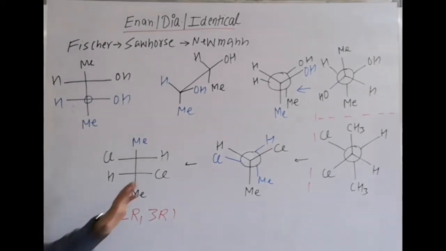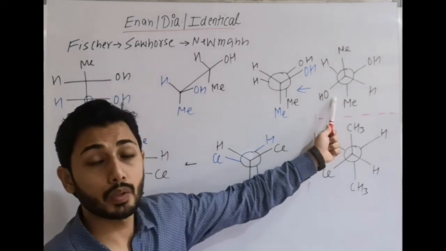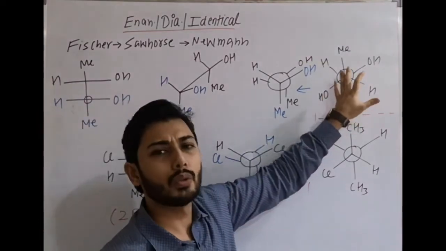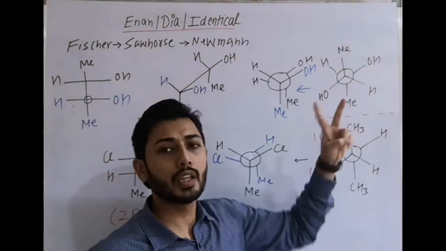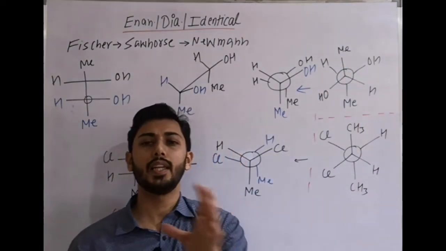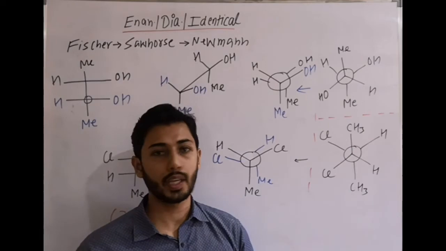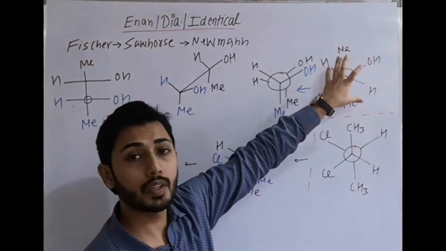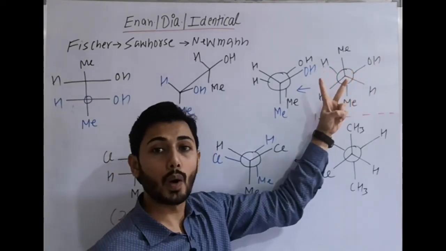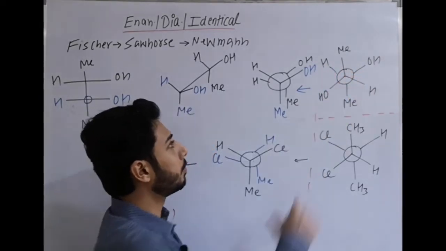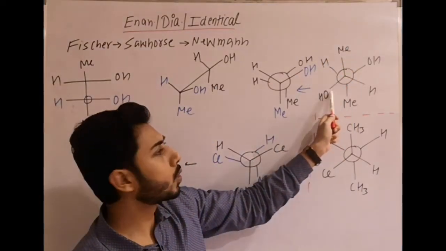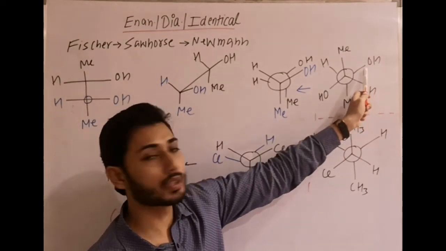Now here, the example I have given you, we are converting it into which projection? Finally Fischer projection. I told you to follow one way, that is, convert it into Y form. Firstly, this Newman, we know Fischer projection is basically the eclipsed form of Newman. It is staggered, so firstly we convert it into eclipsed, by converting it into Y form. Y means the front carbon I rotate exactly 180 degrees, so that methyl comes in front of methyl. The OH group, by 180 degree rotation, goes on the opposite side.